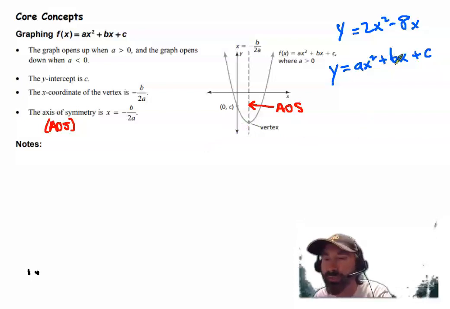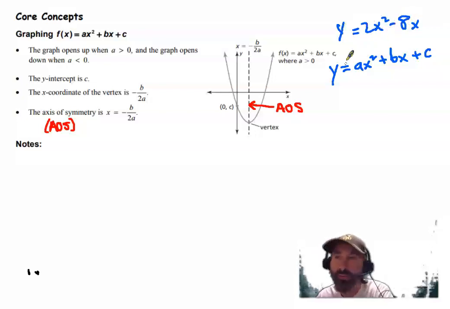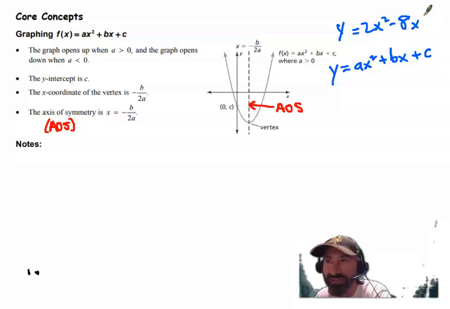So first, I'd like to point out that in that function that they gave us, y equals 2x squared minus 8x, they forgot to point out that this is in the standard form for a quadratic equation, which is y equals some number times x squared plus some number times x plus some number. In this case, the number on the end is really just plus 0. And so if they had pointed that out to us, something interesting that we might have discovered is that